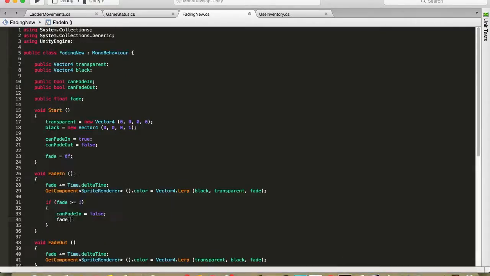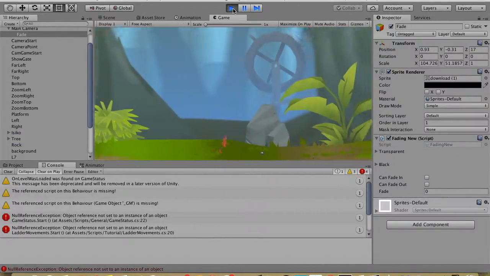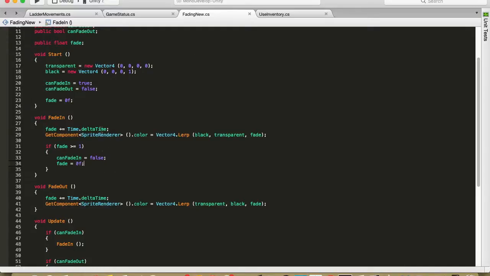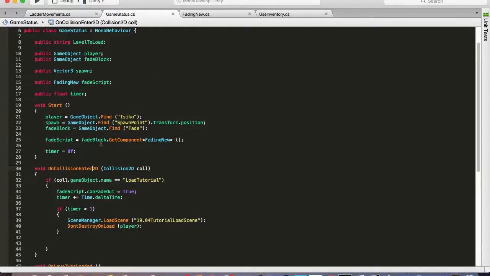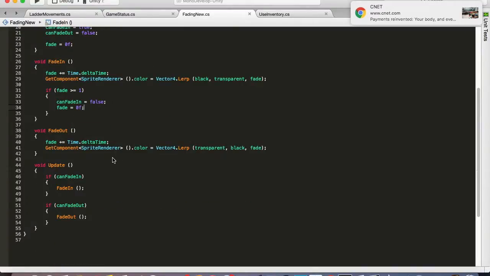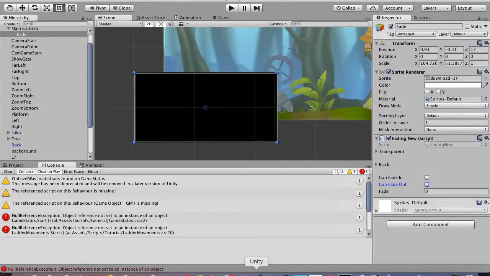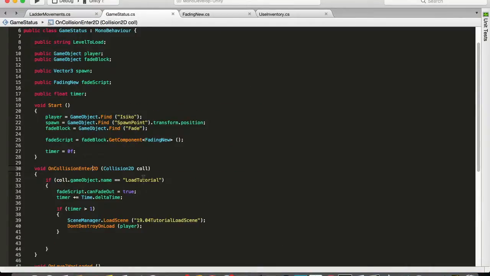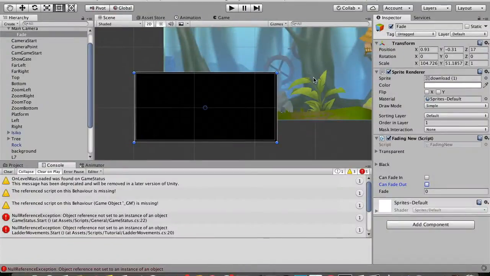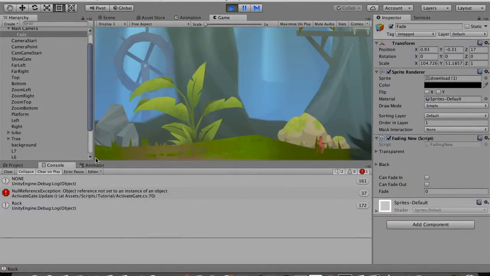So then I created two separate functions, one fade in, one fade out, and on start it just faded in. It was a vector 4 lerp, similar to how the camera works. So it goes from no movement, just a fill going from full black to transparent. And then I used some variables in there, can fade in and can fade out, so that it would do the functions properly, and then accessed the script of the load level,